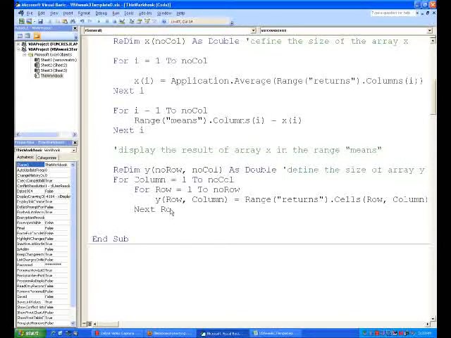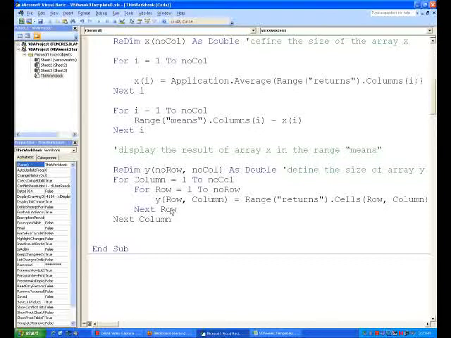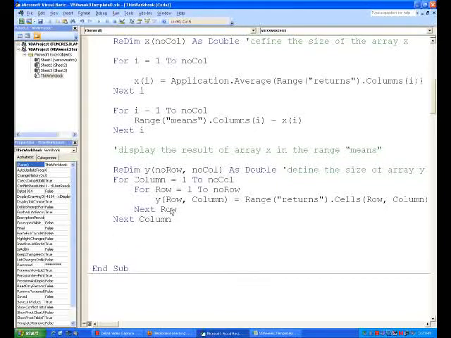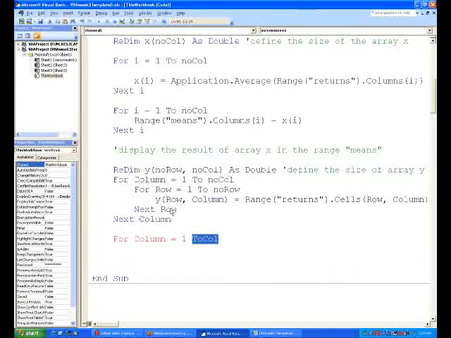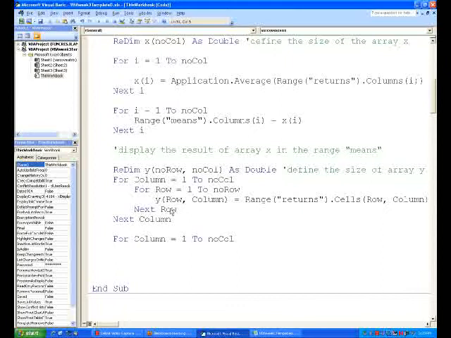All right, so we'll do that for every single row and then every single column. And then once that's happened, we just need to display it. So we say for each column from 1 to the number of columns. Sorry, no col I should have put there. And then for each row within each column,